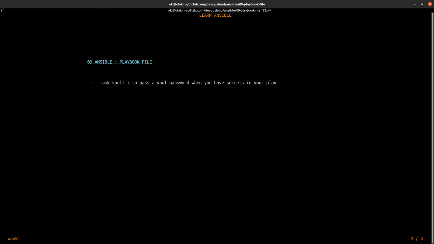--ask-vault-pass is to pass a vault password. This is for when you have one or some secrets in your play, secrets in your variables.